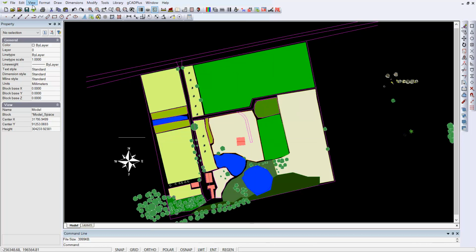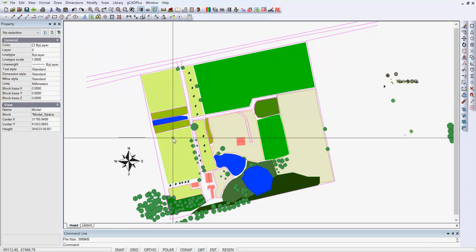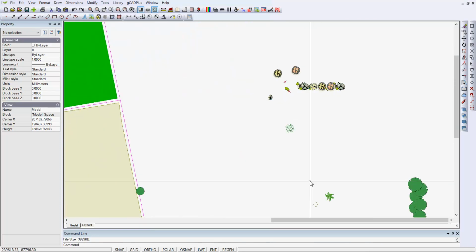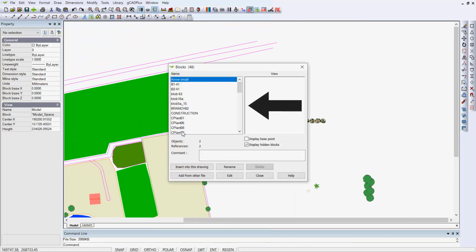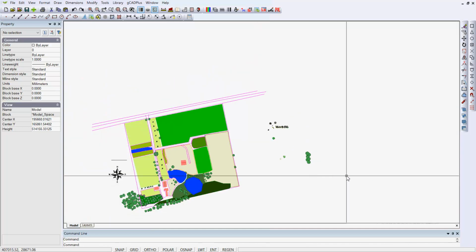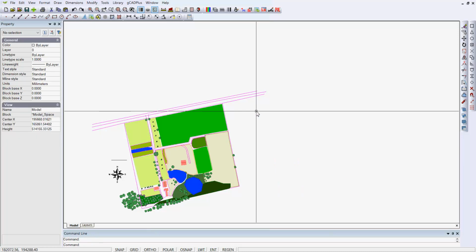I'll change my view to a background color of white to make things a little easier to see. There are some symbols over here to the right. Those symbols will already be in the editor, and if we scroll down through here, you may be able to see some of the symbols appearing in here. I would be inclined at this quite early stage to remove the symbols that are outside the direct area there,